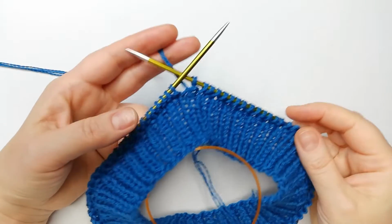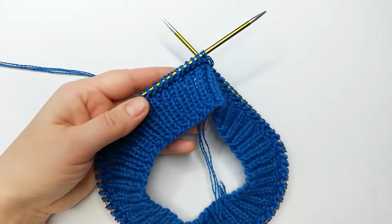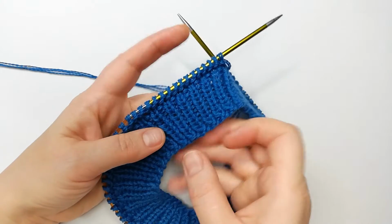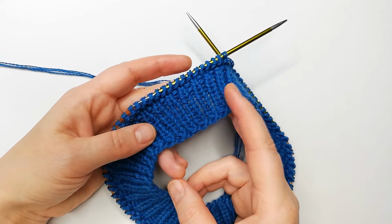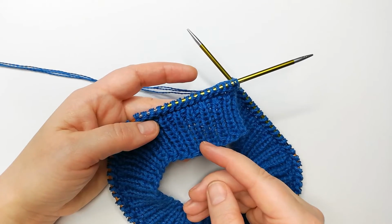Right, here is the start of my work. I used German twisted cast on. You can see it in any of my socks or mittens videos. Then I've made 10 rounds of the